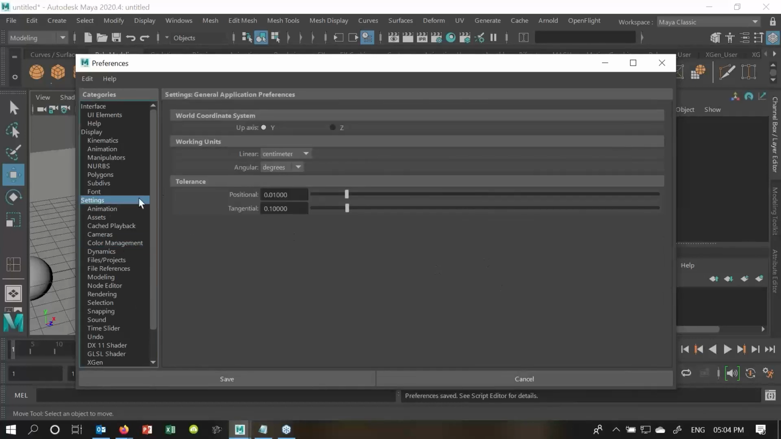First we'll see a little bit more of what important points there are in preferences. In the settings, we have the centimeter working unit. If you want to work in meters or centimeters, this is where you can change it, if you're making accurate architectural designs. Here we can also change